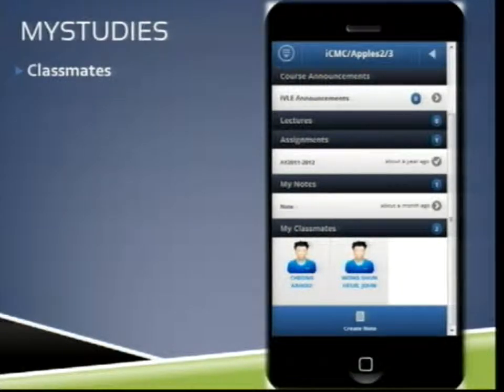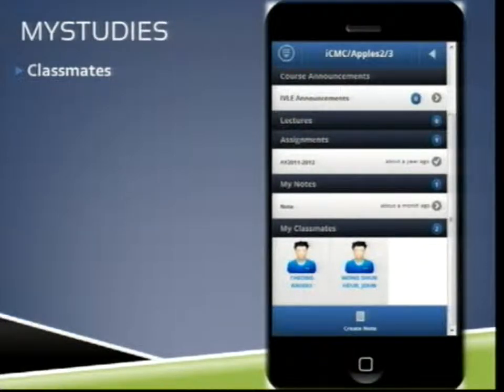So we have more features than what is currently available in IVLE. The first feature that you'll notice is My Notes. This is for students to add their own notes and file it together with the module through this create note button at the bottom. Later, Timothy will show us how this can be done to add photos or audio notes directly into the module.